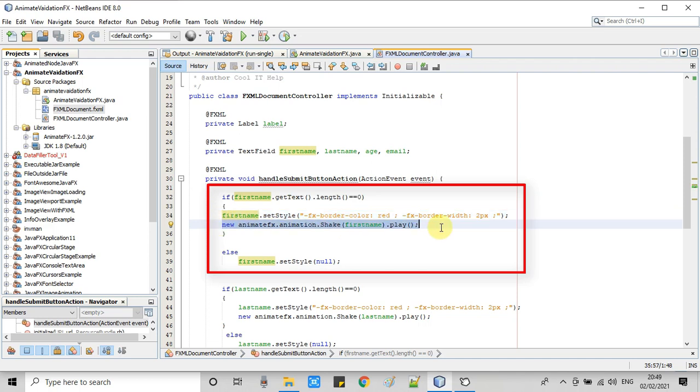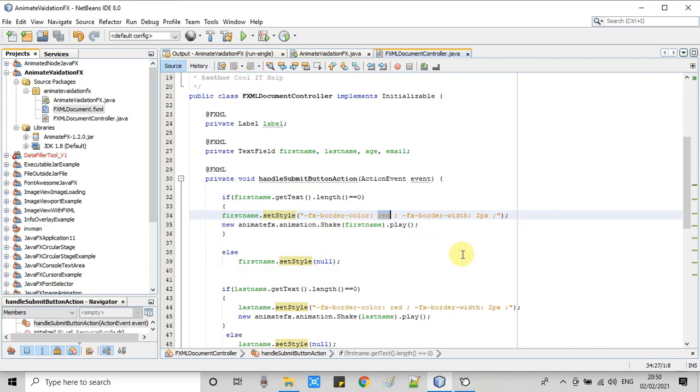In line number 35 we have added the animation and we are playing it. The animation name is shake. You can see the setStyle method. I hope you are aware of setStyle. You can set style with the help of this method.